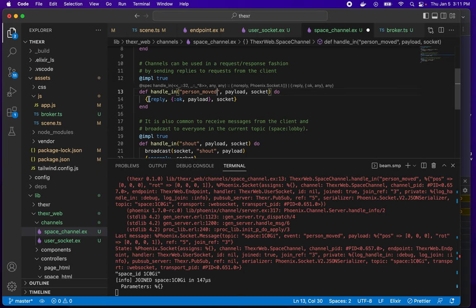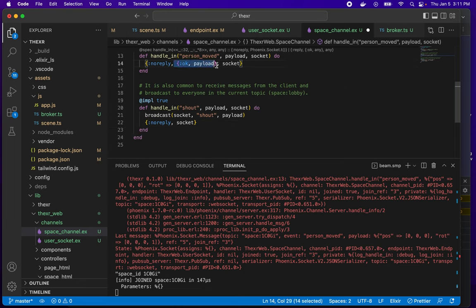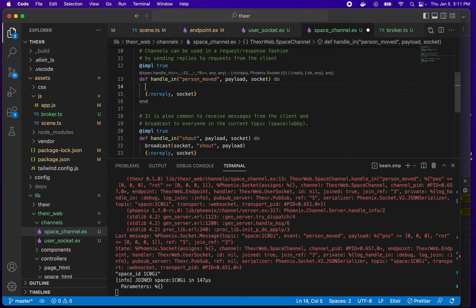And this would allow us to send a reply, but in this case, we don't need to reply because we're pushing it up. So we're pushing it to other clients, so we don't need to reply here. No reply, and so we just return socket. But what we can do is we can broadcast. And broadcast,